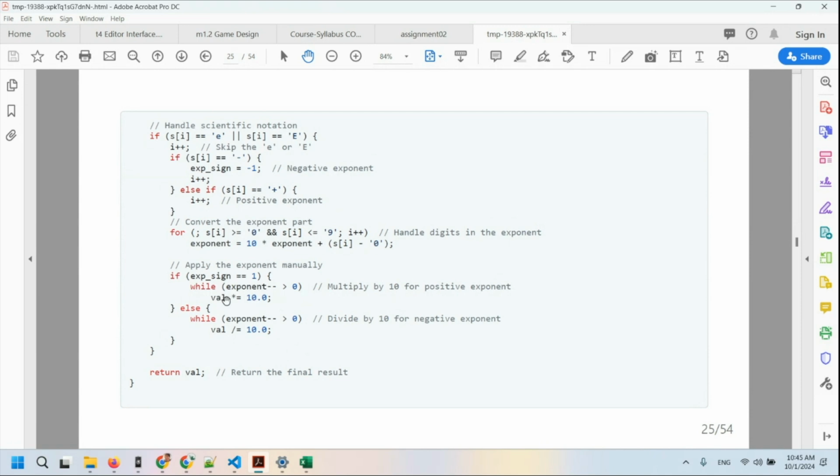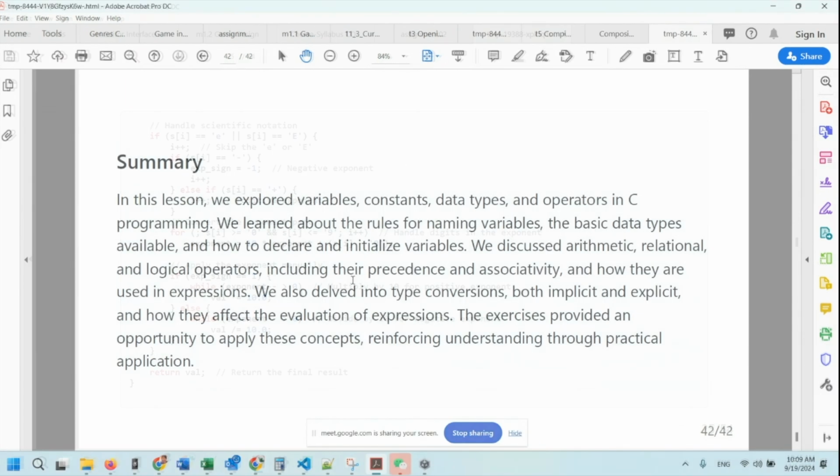All right. I mean, you could write a new line here, exponent minus minus, and here you just compare exponent bigger than 0, and that's fine. Or you have this more compact version of it. Either way. Any questions so far? Let's do some